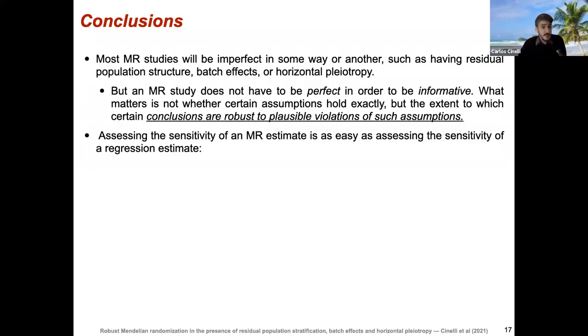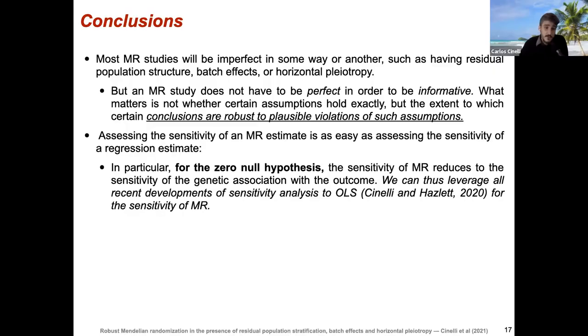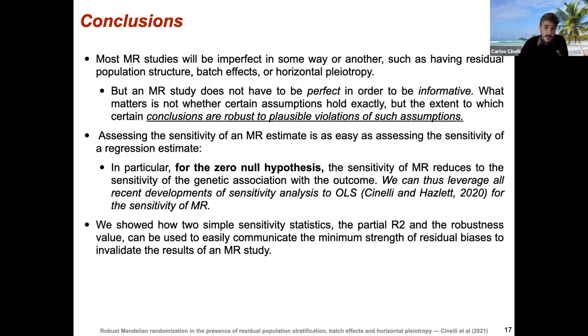And assessing the sensitivity of an MR estimate is as easy as assessing the sensitivity of a regression estimate. So in particular, for the zero null hypothesis, as I showed you here, the sensitivity of the MR reduces to the sensitivity of the genetic association with the outcome. And we can leverage all recent developments of sensitivity analysis tools for ordinary least squares for the sensitivity of the Mendelian randomization estimate. And we showed also that we have two simple sensitivity statistics, the partial R squared, which MR researchers already use to report for the exposure trait, and the robustness value, which is simply a transformation of a partial R squared, can be used to easily communicate the minimum strength that residual biases need to have to invalidate the results